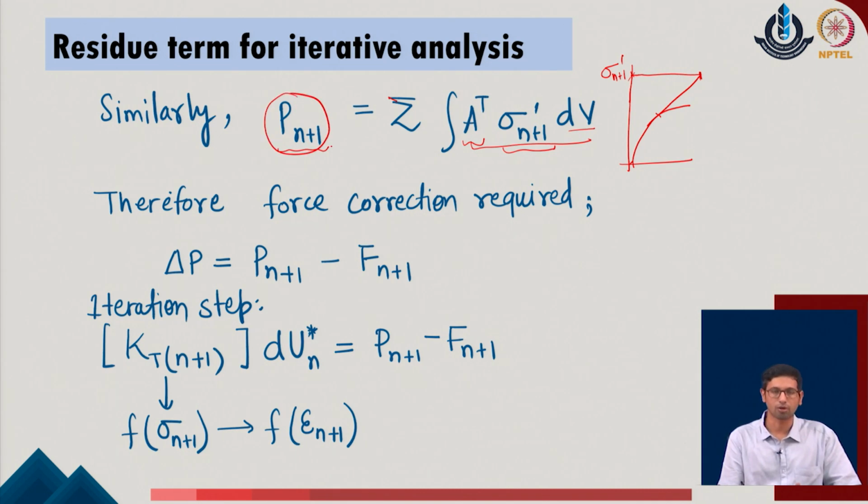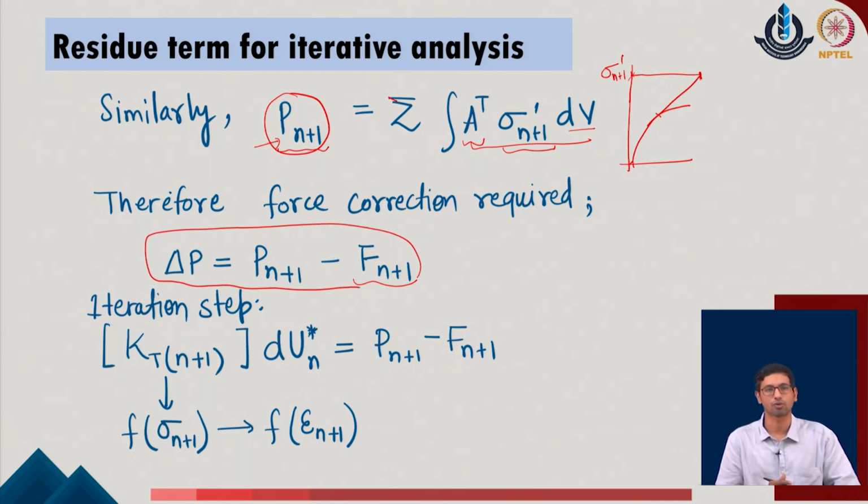Of course, this is not required to be calculated because this value will be known to the user. We have provided this as external load, but once we have calculated the value of n plus 1 for the force parameter at the nodal load positions, we will calculate this value, which is the correction required in the given problem. Now, we start with, say, the first iteration step in the similar manner.